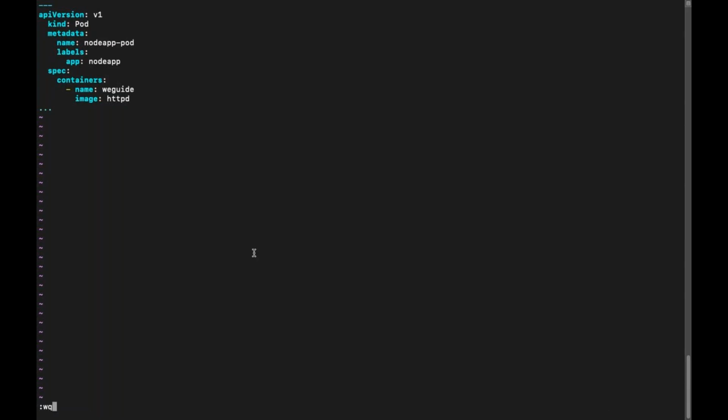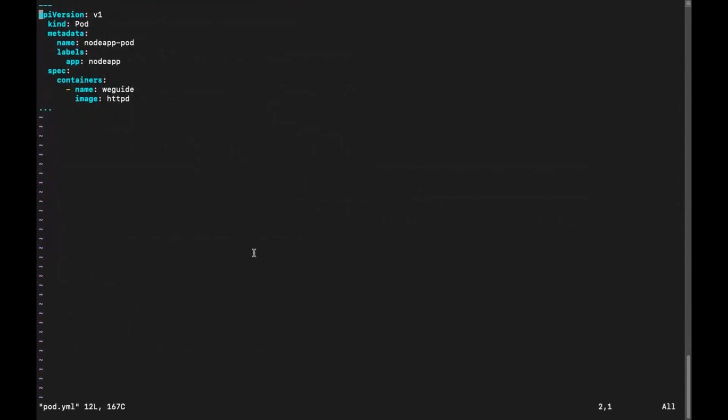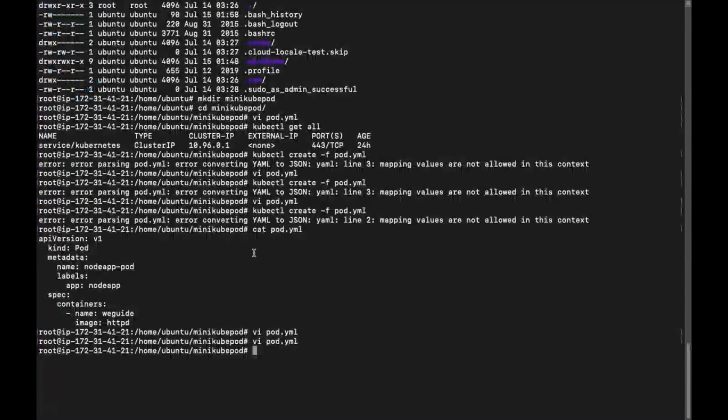Okay, so metadata, API version, everything should come in the same line. So there is a problem. Can you just open the VI editor? Can you just give space on API version? Is it fine? Yeah, that was the problem. Thanks, Prasad. No problem.